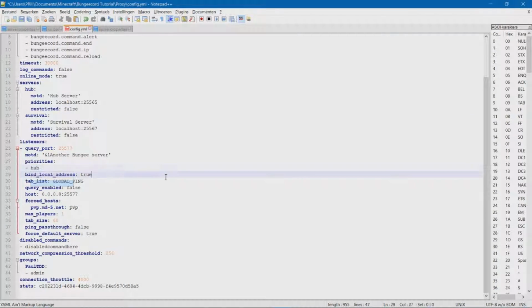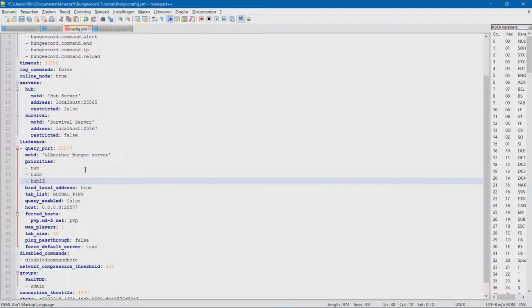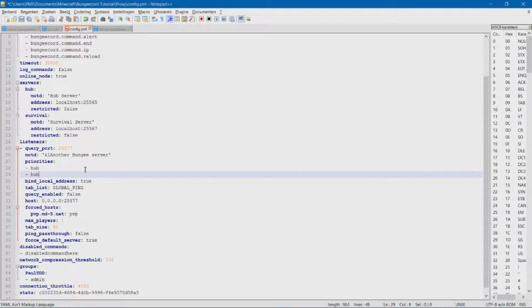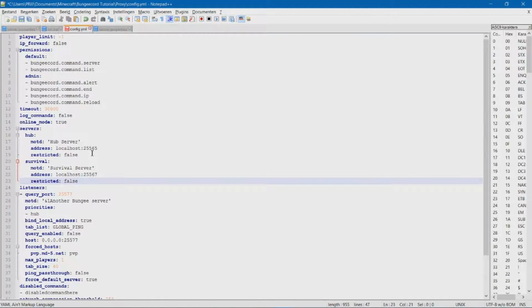Priorities, you can set that if you want only one hub. But let's say you have a lot of hubs, like hub 1, hub 2 and hub 3. You can set these up like this. So if hub 1 is full, so like the max for that server is 10 and it's full, they will be sent to the next server, and if that's full, they will be sent to hub 3. But since I only have one hub server, I will set it up like this. So save this file,